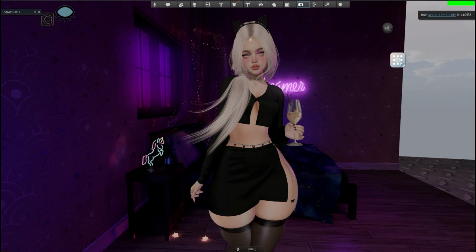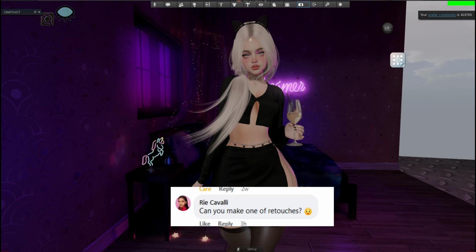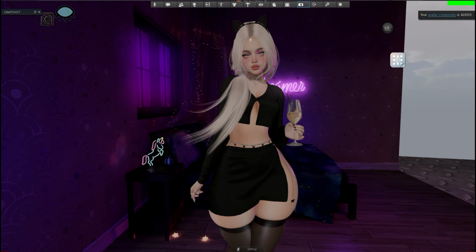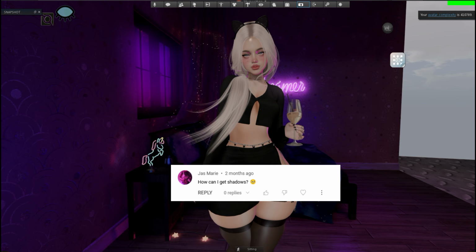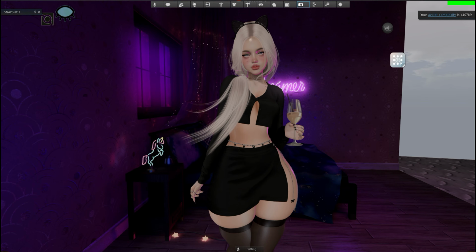So first thing we're gonna do, obviously, retouches, and I'll go over how I do retouches on some areas of an avatar's pic. But the first question I have is by Jas Marie, and they ask, how can I get shadows? Again, I'm sorry, it's 2 months later, but I'm going to answer it. In case you don't know, in Black Dragon and Firestorm, you have to be on the highest quality in order to get your shadows. So your computer should have to handle the highest setting in Firestorm, and on Black Dragon,